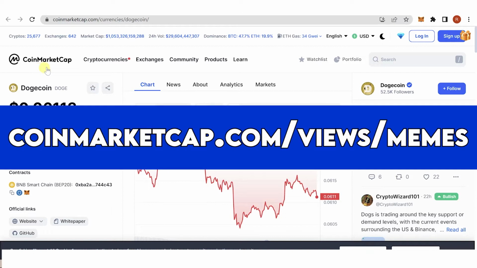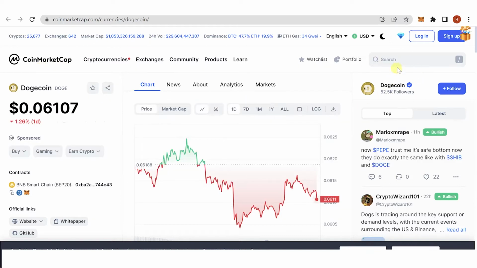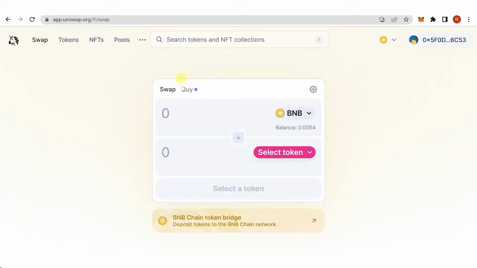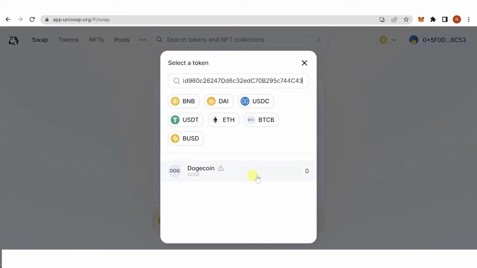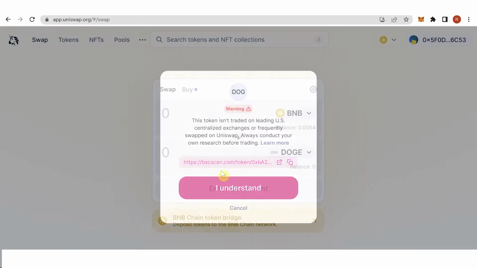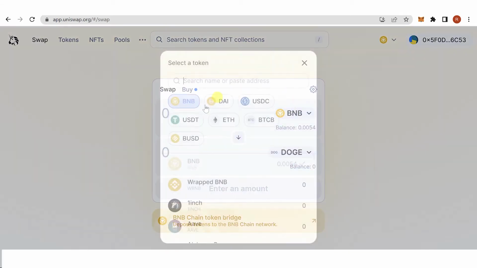And then go to coinmarketcap.com and on the search bar type down Dogecoin or Doge. And under the contract address, just click here to copy the contract address. Go back to Uniswap, click here, paste the address here, click here, click here, and then you can select what